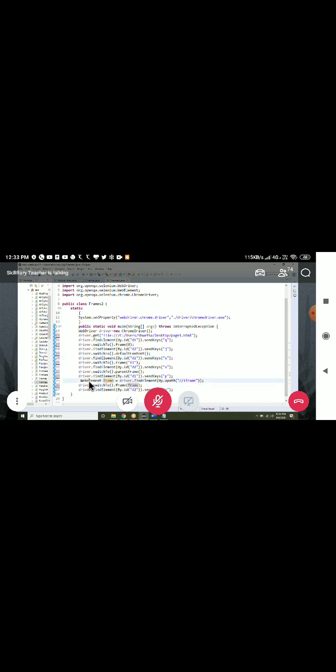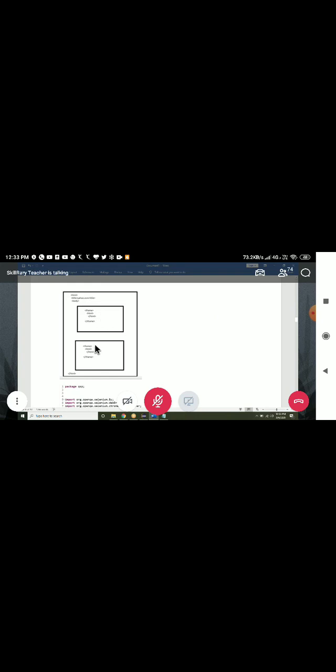You can give a web element like this or a string like this. Here we are passing a string or an integer. Integer means 0, 1, 2 like that. You can see here there are two frames, as I told you. Here is one main frame, and there are two frames. This is 0, this is 1. If I give 0, it will go inside the first one. If I give 1, it will go to the second. If one more is there, you have to give 2. If one more is there, 3. You have to give like that.